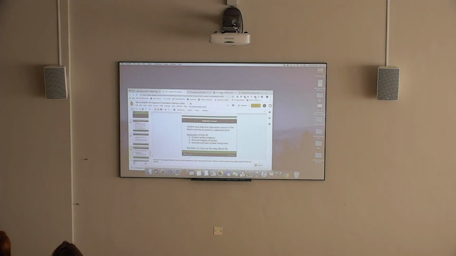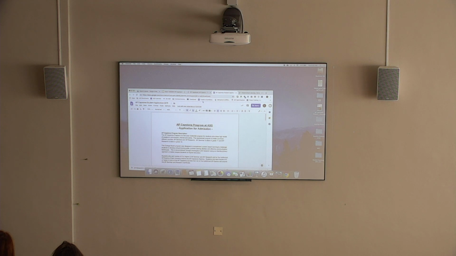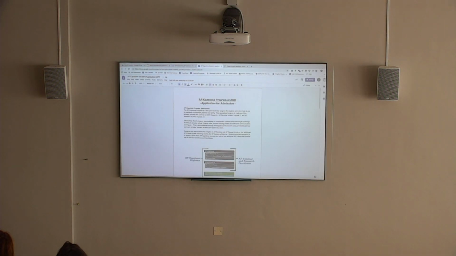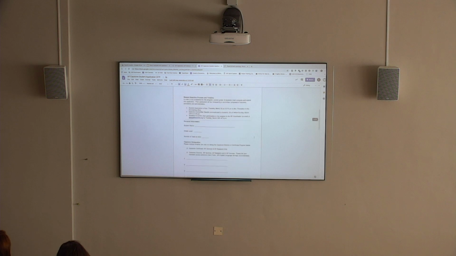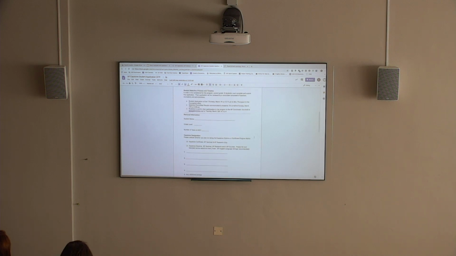What is the planned program of study? That would be the AP courses that they plan on taking in addition to the seminar and research. So this is the application form that will be provided. It gives them a little bit of an outline of the course so they know what they're signing up for. And then it gives them a timeline. So the deadline is March 7th,